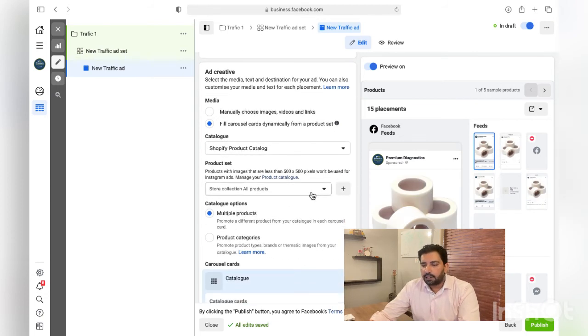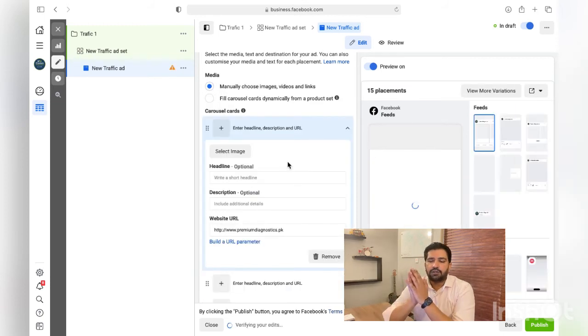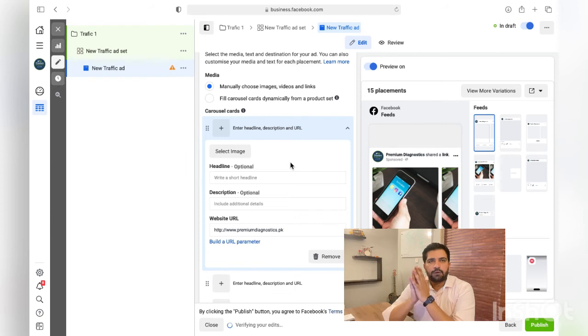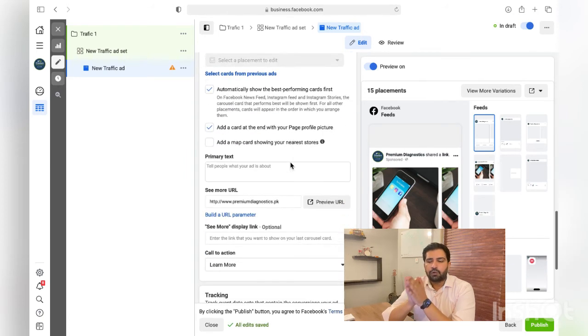So I've skipped one thing. This is manual or fill carousel cards dynamically if your collection is integrated. If your Shopify collection is integrated with your business manager, you don't have to go and upload the artworks one by one. You can just fill the carousel dynamically. You can also create sets.